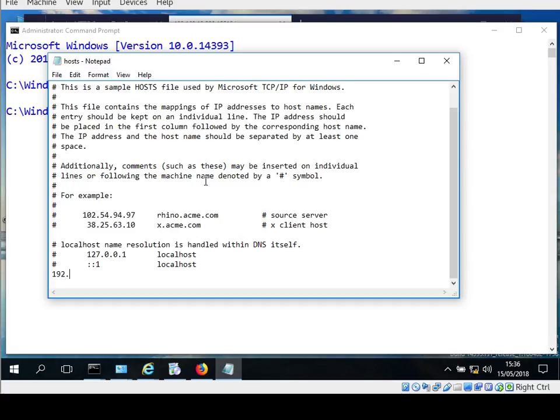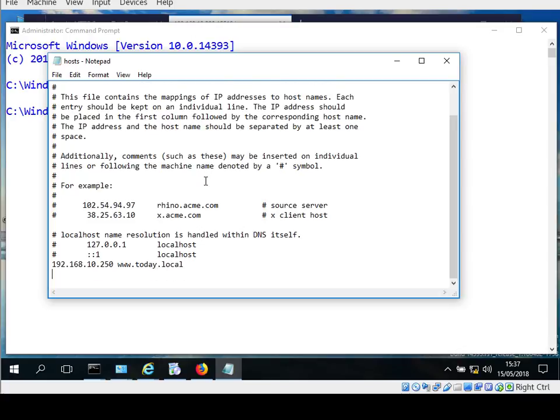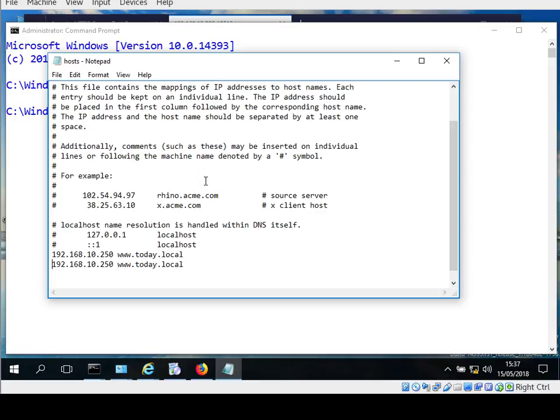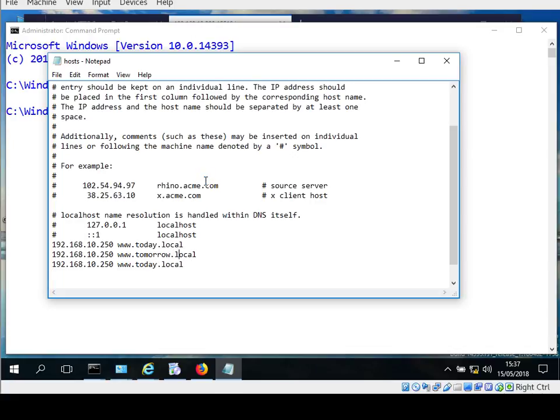So you'll say that will be 128.10.250 today.local, and then you have tomorrow, and then you have yesterday. Okay, so save the file,